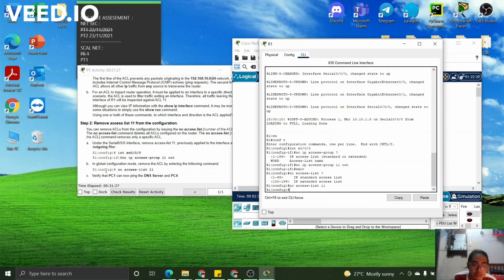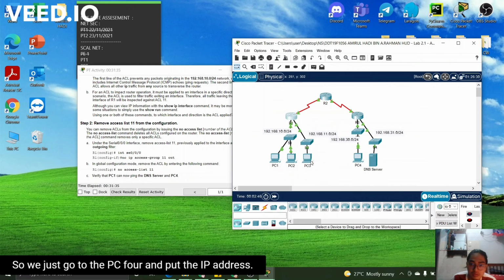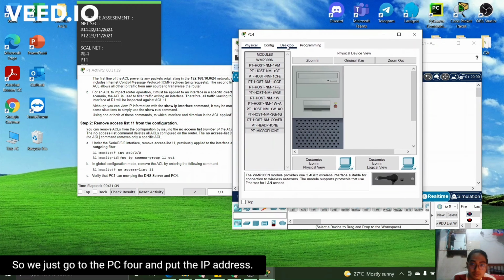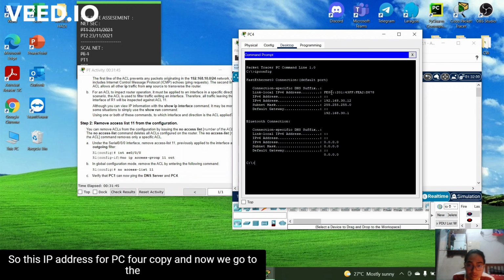So next question, verify that PC1 can now ping the DNS server and PC4. So we just go to PC4 and put the IP address. So this is the IP address for PC4. Copy.